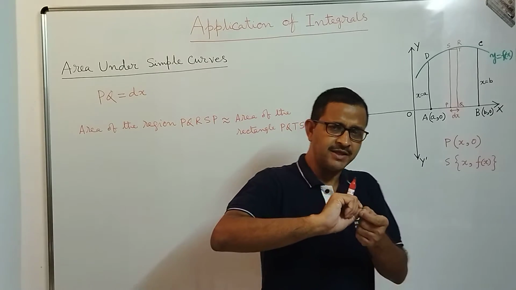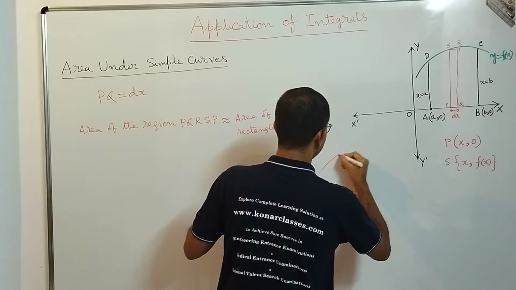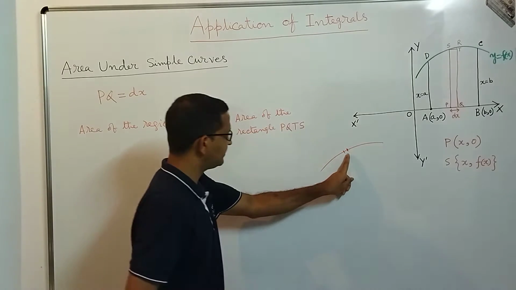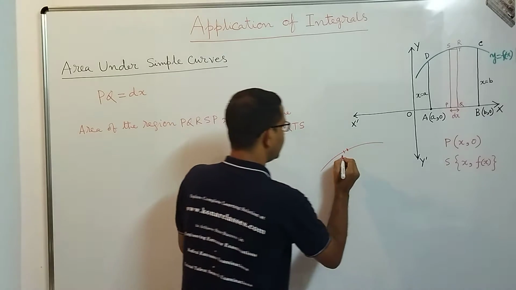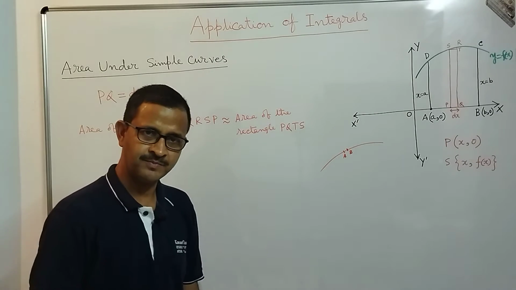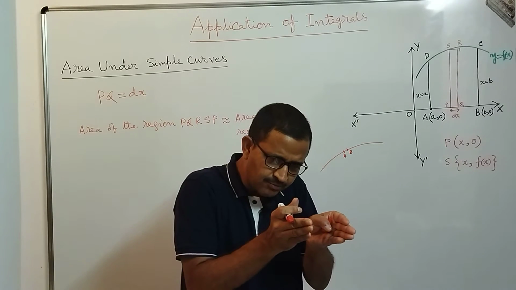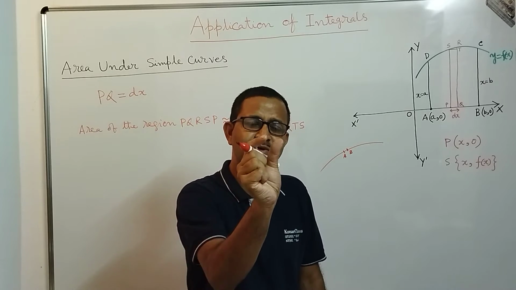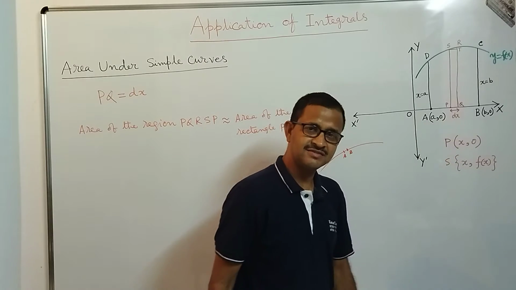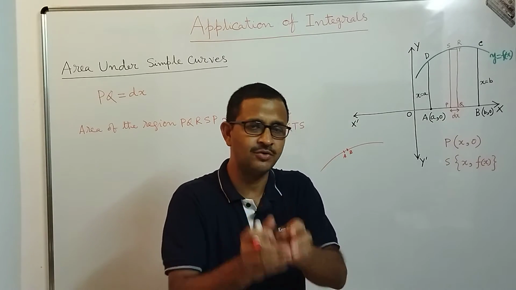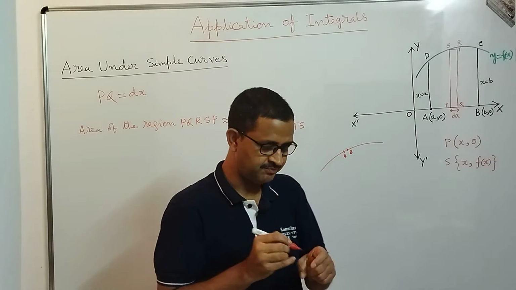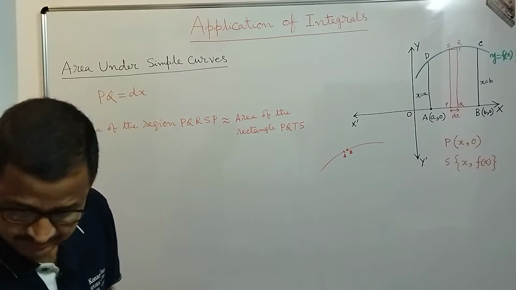Now if you look at a portion of a curve, suppose this is a curve, and you take a very small portion of this curve, it looks like a straight line. Suppose we took two points A and B, then that AB portion looks like a straight line. And if you make A and B closer, it absolutely looks like a straight line. So in simple terms, if we make dx tend to 0, then the shape PQRSP will become a rectangle. Now what is the area of this rectangle?